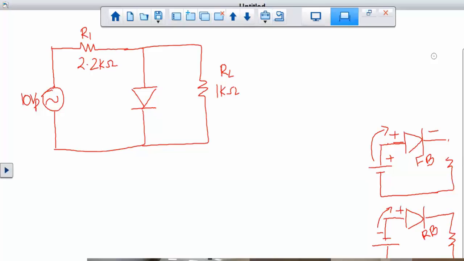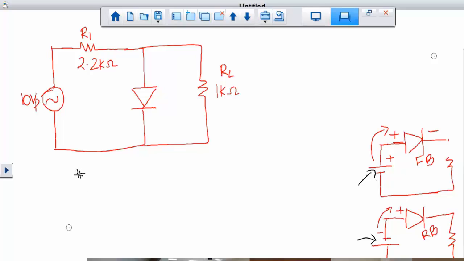But since the source is an AC, there is no one way of telling it, because it's not always going to be forward bias. It's not always going to be reverse bias, because the signal will flip in direction. Unlike the DC sources shown here, they are not going to change direction by themselves, right? Unless we swap them. But an AC signal is not like that. So that's why